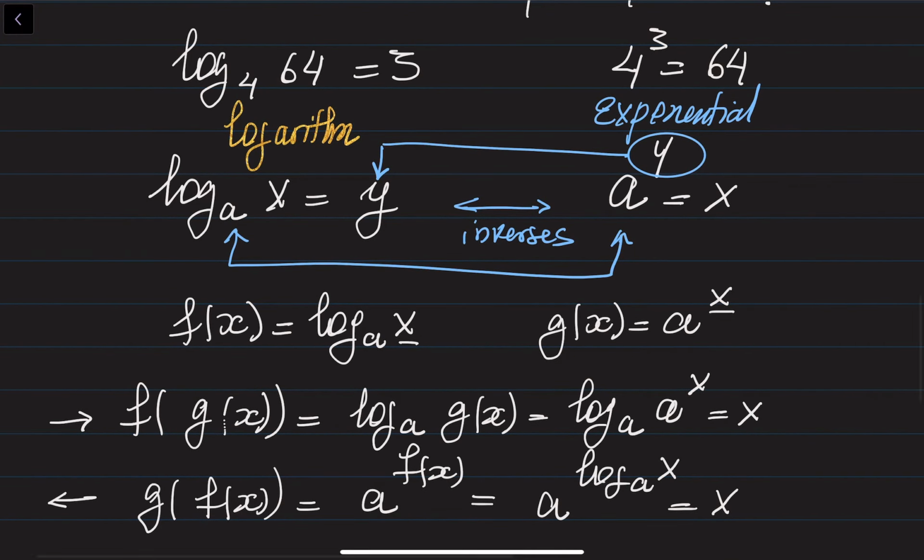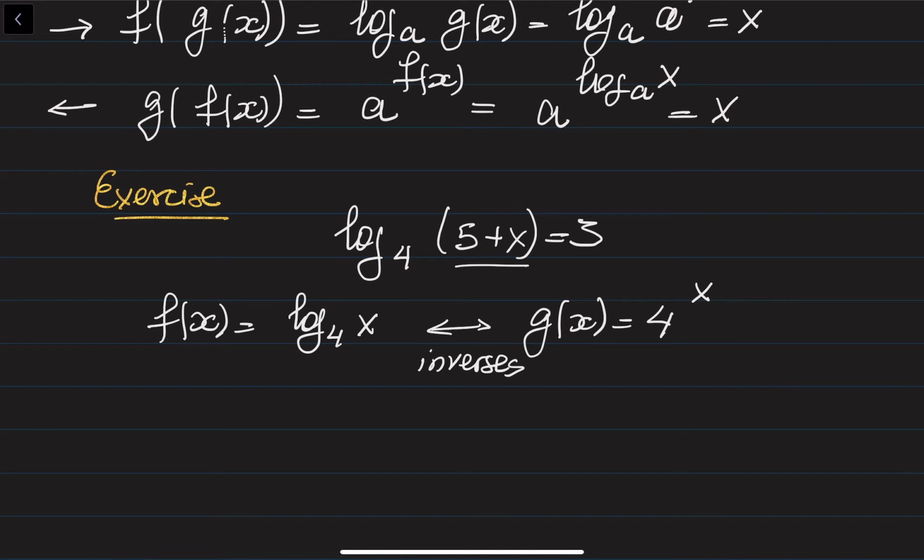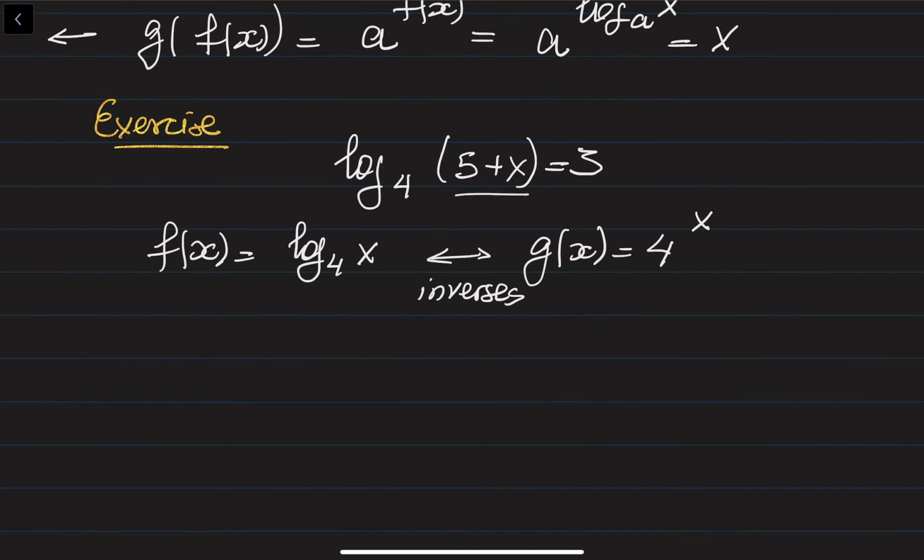So the inverse of this function is going to be the base to the power of x. So essentially, the inverse of this function is going to be 4 to the power of x. So these two functions are the inverses, okay? So in order to solve this equation, I need to get rid of